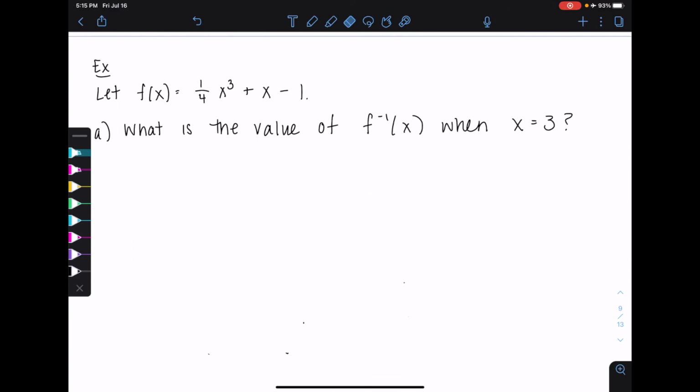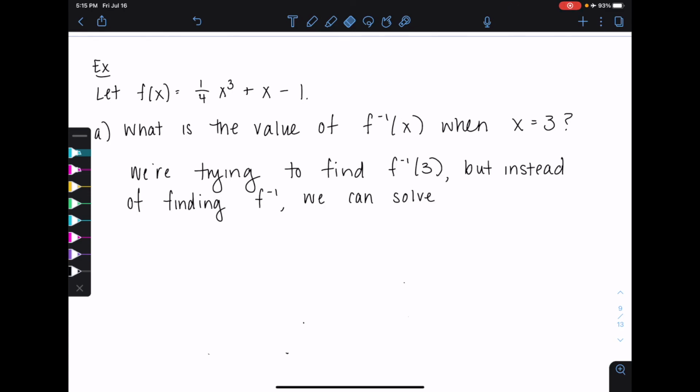Let's let f of x equal 1/4 x cubed plus x minus 1. First thing we want to do is figure out what is the value of the inverse function when x equals 3. So this is basically trying to figure out if I plug in 3 into the inverse, what is that going to give me? But I don't have an expression for the inverse at all. I only know about the actual function. So instead of finding the inverse, what I can do is figure out where does my function equal 3? Because remember, those roles of x and y switch. So this is the input into my